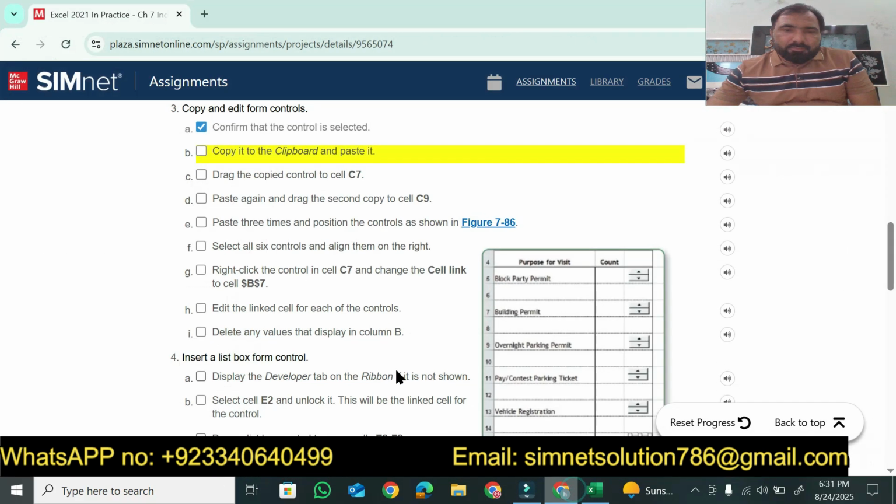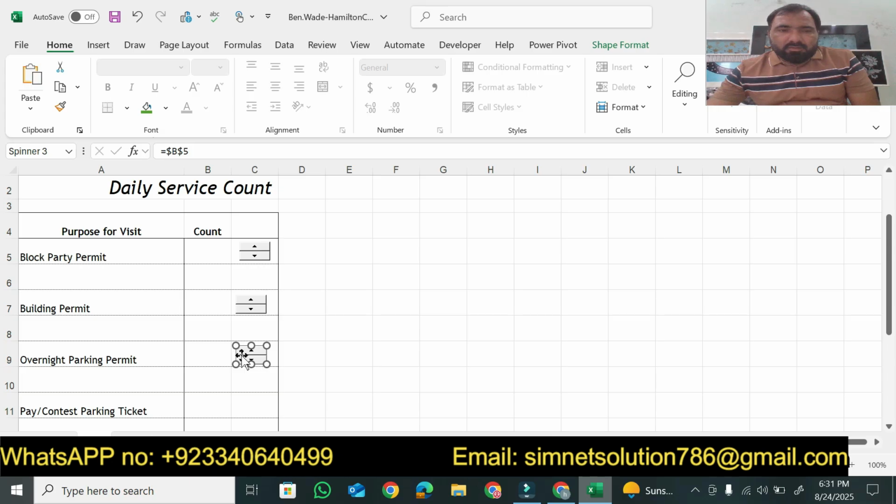Then paste 3 times and position the control as shown in the figure, this one. Okay, so we have to paste 1 time, 2 times, 3 times. Then first we have to drag this one